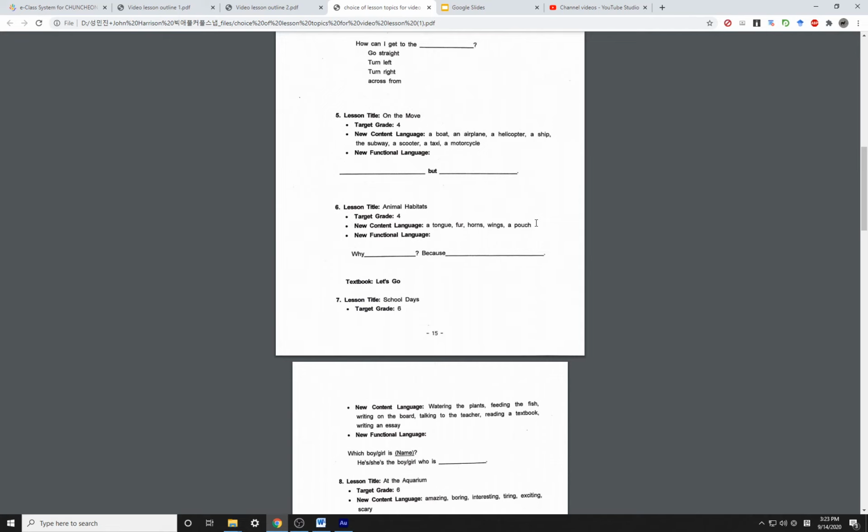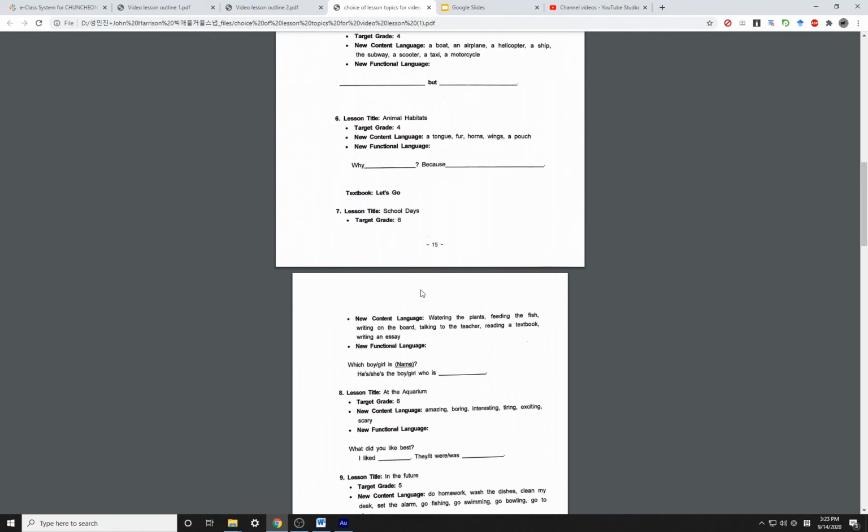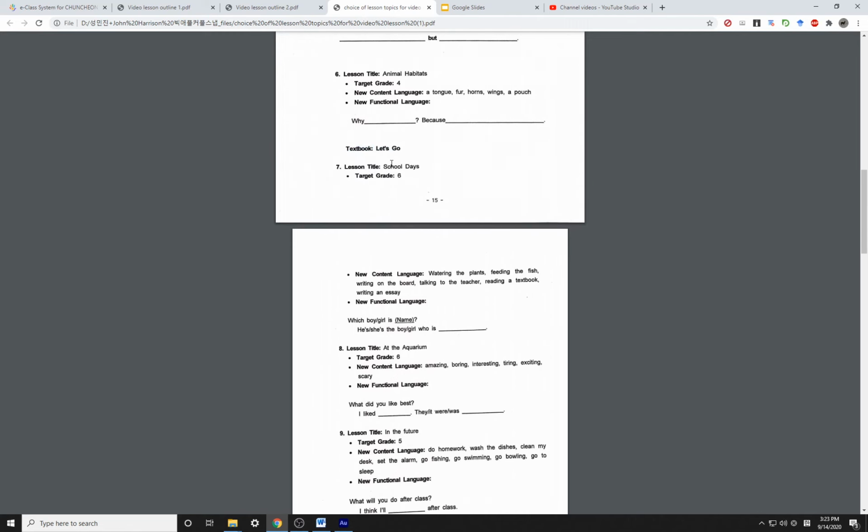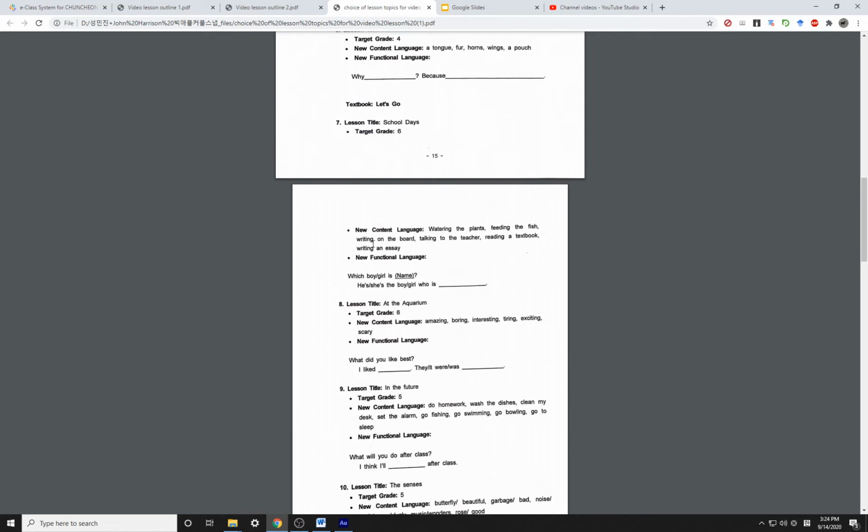And for these next ones, this is from the textbook Let's Go, a very famous series, as you might recall. So this is target grade 6, school days. Notice that we've upgraded our vocabulary, from very simple single words to whole phrases. Watering the plants, feeding the fish, writing on the board, talking to the teacher, reading a textbook, writing a language. And then functional language, which boy is Blunt, or which girl is, he's the boy who is doing something. And we see the present progressive, ing,